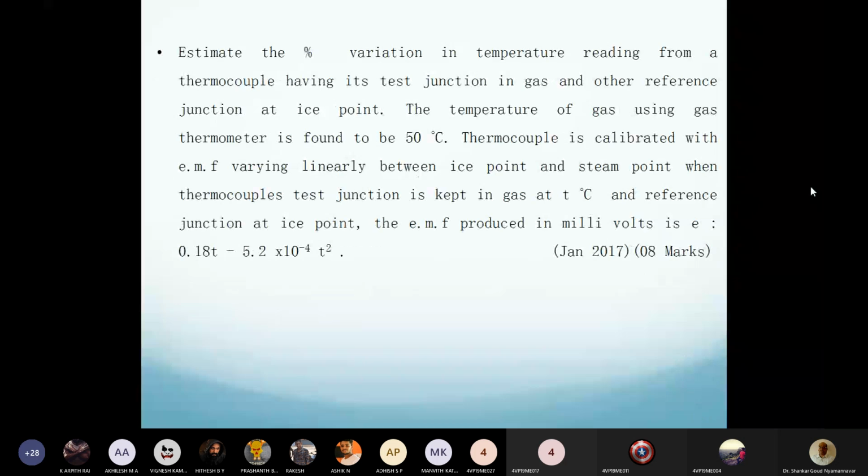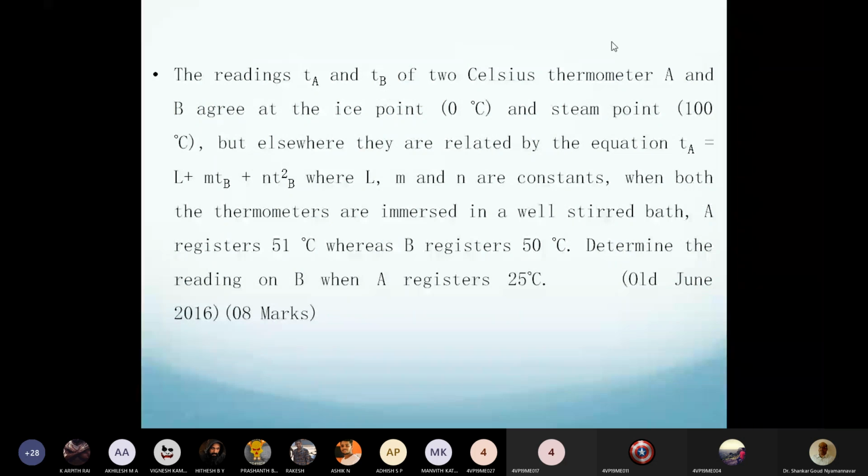Both of them read 0 degree Celsius and 100 degrees Celsius at the ice point and steam point. But at other places, other than the ice point and the steam point, they have a different relation. The relation is TA = L + M TB + N TB squared, where L,